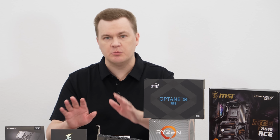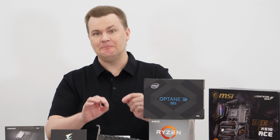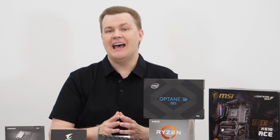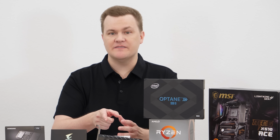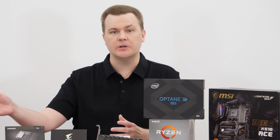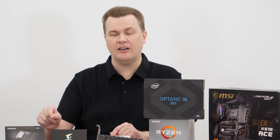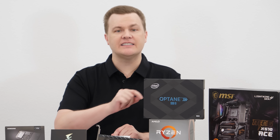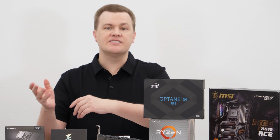Nowhere in the consumer world does that technology apply today. However, 5 or 10 years from now, how about this for an interesting thought? Because of the write endurance of this, what if you didn't need storage? What if a future computer 5 or 10 years from now could have a terabyte of RAM, of which 64